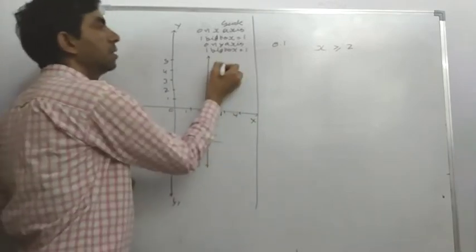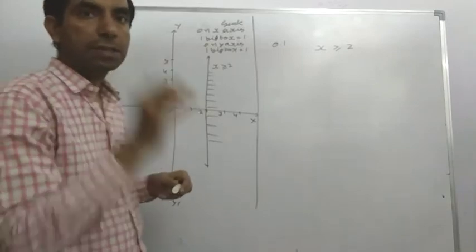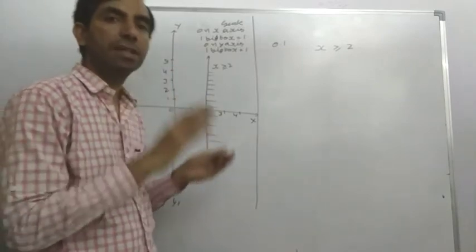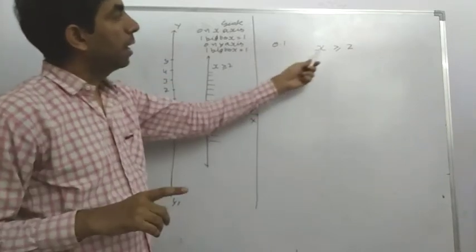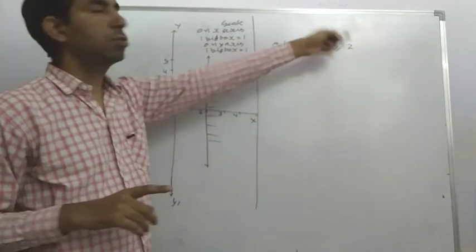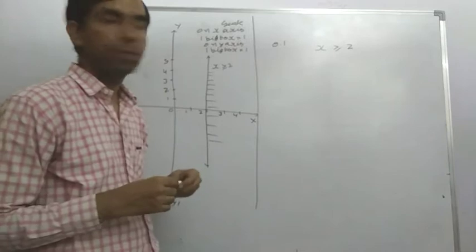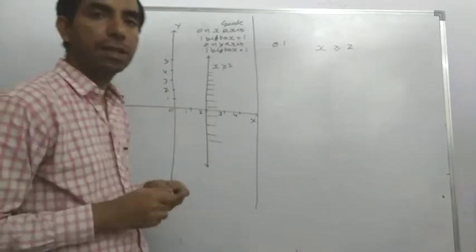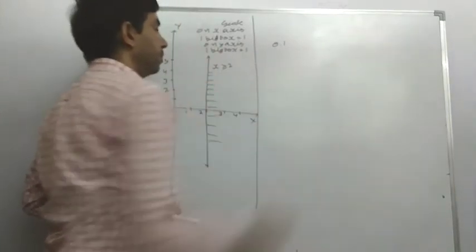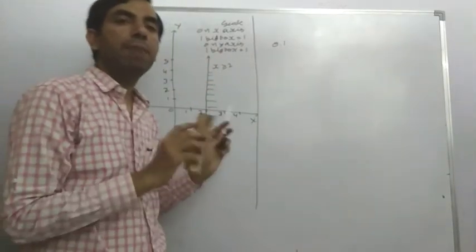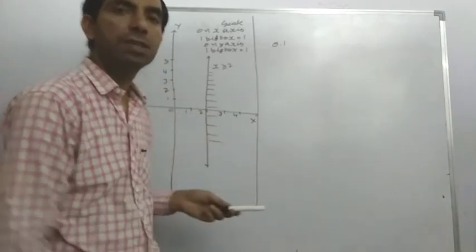That is this system. Always check the x and y value, which side is greater than and which side is less than. Here the x value is greater than. If x is on the other side, then it will be shaded on the left side. So now we solve another question by this method. It is solved simply like an equal to sign, and after the solution we check in which direction we shade it.